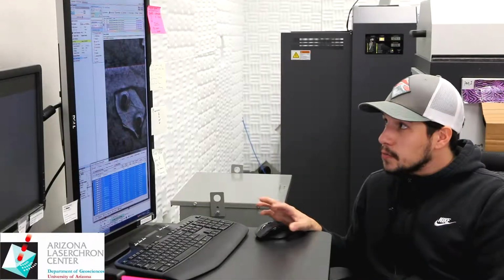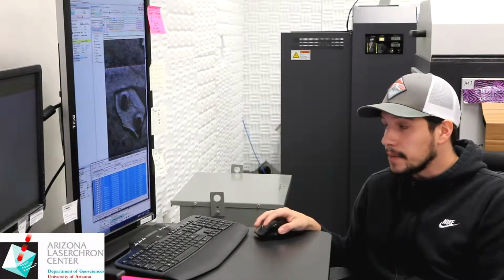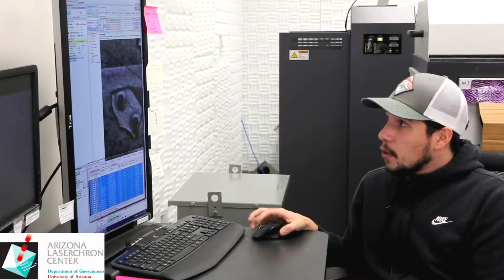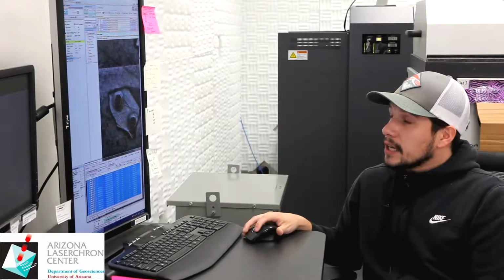At this point, we're ready to just go through and start checking all of our points. To do that, it would be a good idea to be on your select drag tool just in case you need to move the spots to a new position or to a new grain, based on our backscatter and also what we see on the live laser. So if we go up to our tools at the top, we'll switch to our select drag tool,